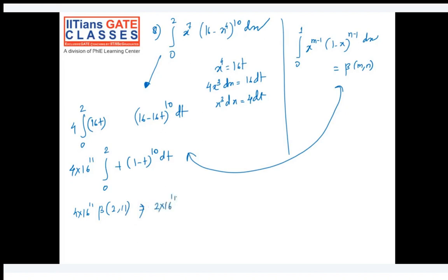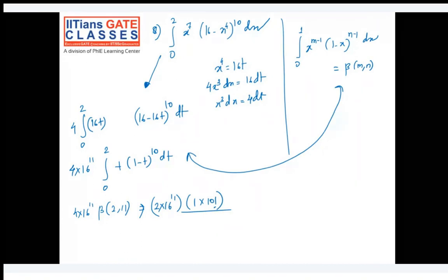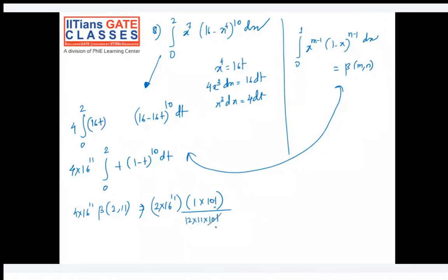Beta 2 comma 11 is gamma 2, which is 1, into gamma 11, which is 10 factorial, divided by gamma m plus n, which is gamma 13. It means 12 factorial. So 12 into 11 into 10 factorial. So 10 factorial will get cancelled, and the rest of the thing will remain. So it's ultimately 16 raised to the power 11